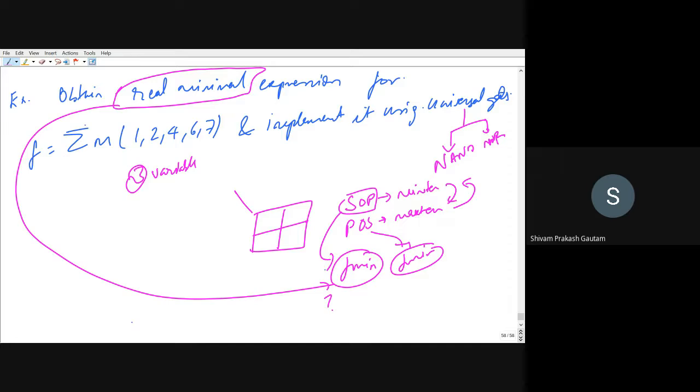Out of these 2 expressions that we are getting from SOP or POS form, which is real minimal? Because we are reducing the expressions, right? And we are reducing it using K-map, either in SOP form or POS form, using min terms or max terms. In the previous example, we calculated the minimal expression, that is the reduced expression. But here the question is, what is the real minimal? So we will see in this example how to calculate real minimal, or out of these 2, which will require the least amount of hardware.